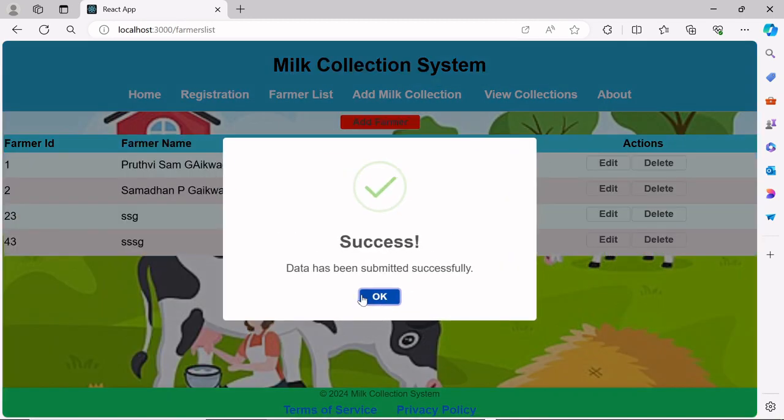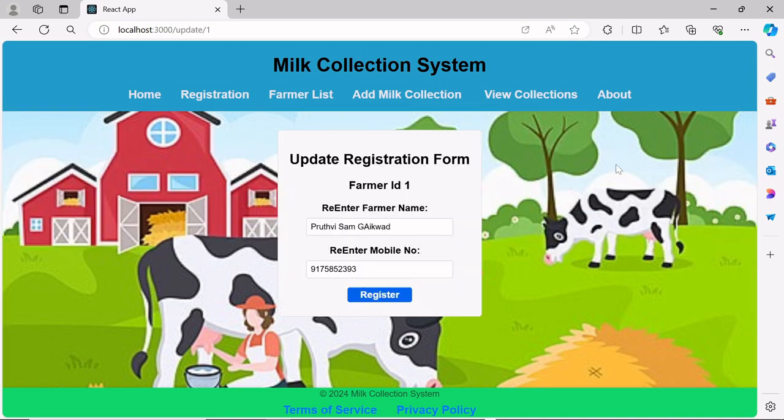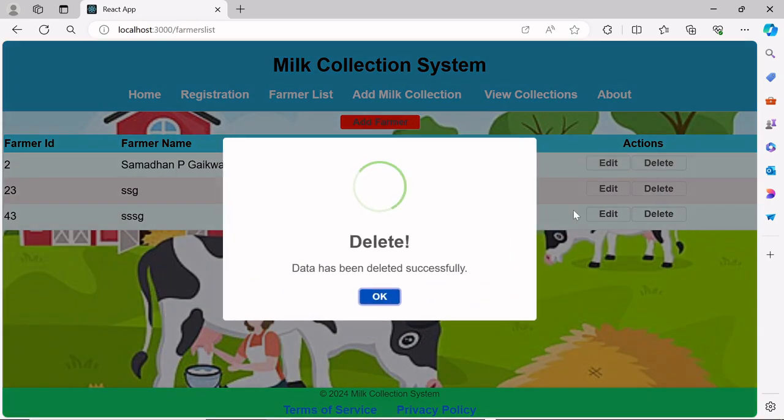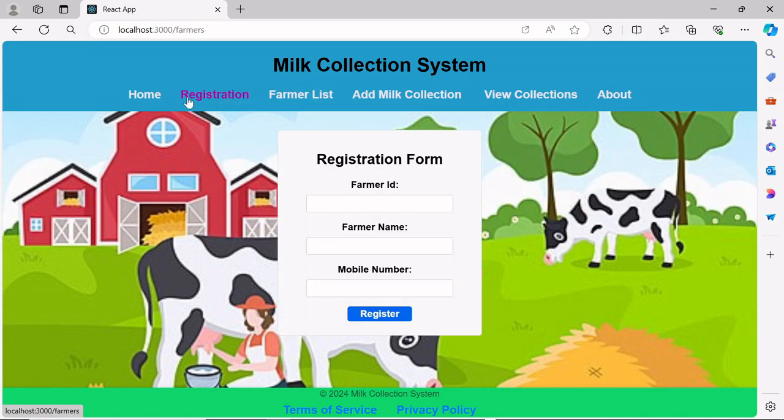After registration, post APIs are called, and for displaying this list, we have to call get APIs. So all this data we can fetch from the database and also add to the database. This is a CRUD operation. Also here we can update data, and we can delete from the database.